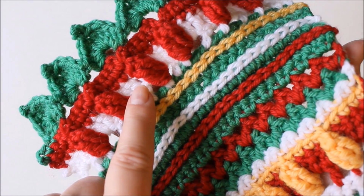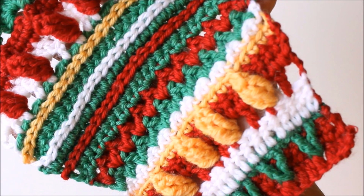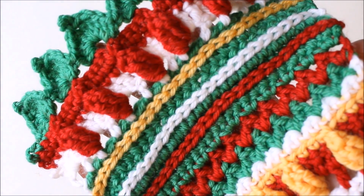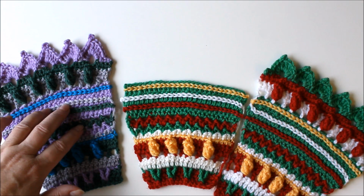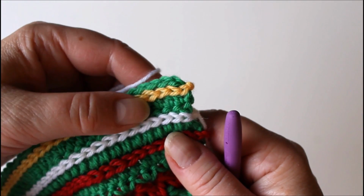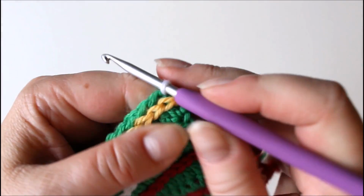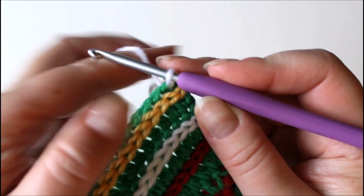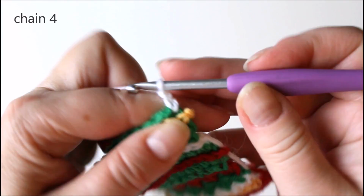What we are doing next is actually the same as what we did here, just in different colors and different numbers of stitches. And here you see the finished piece in the other colorway. We started to work from the right side and using white yarn. I'm attaching it in the corner, and first I'm chaining 4,